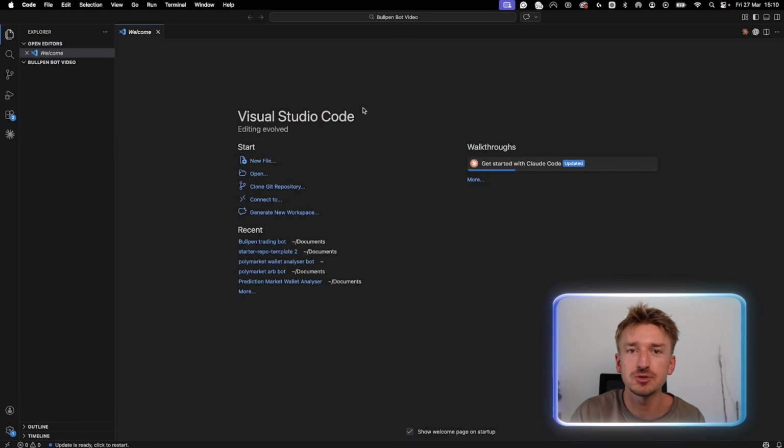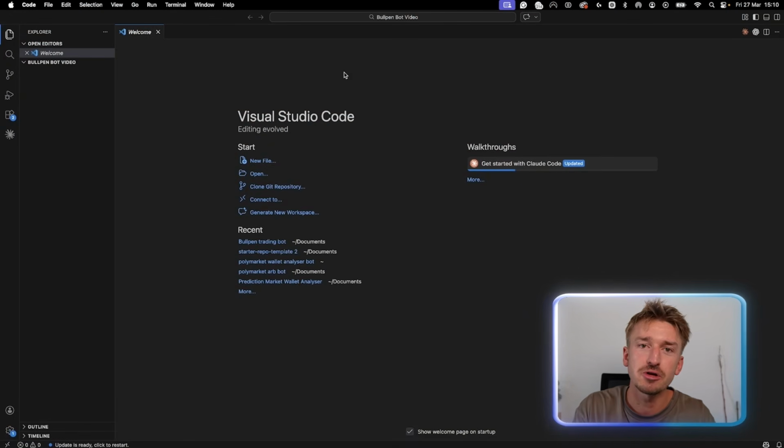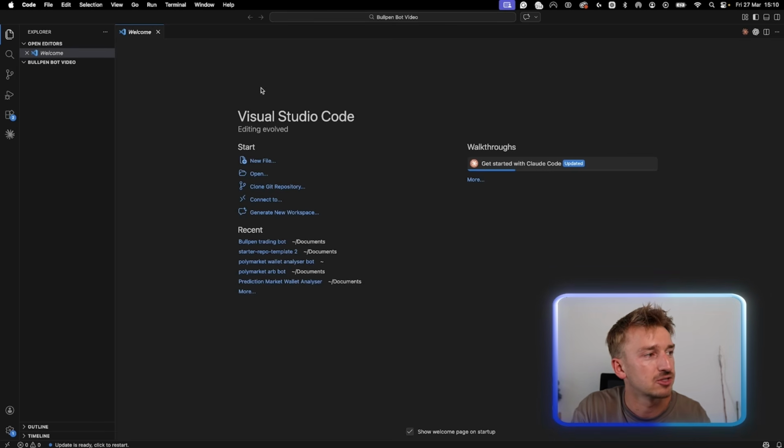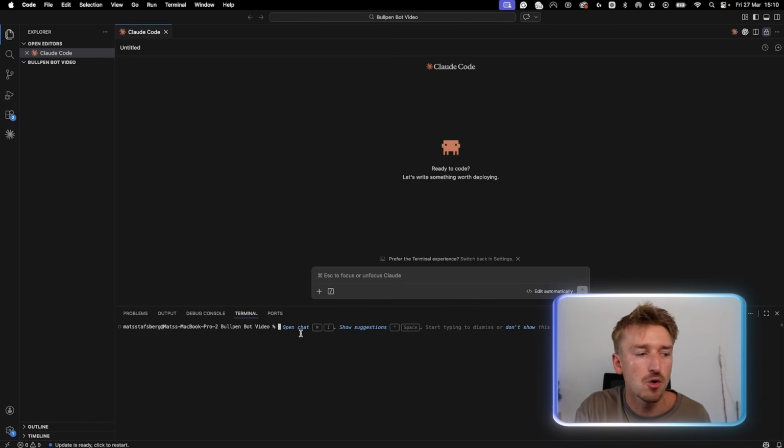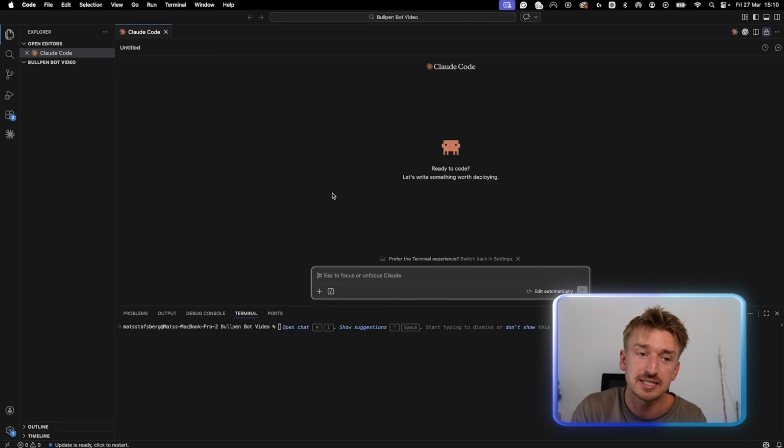But we're basically going to be using Claude Code within Visual Studio Code to set this up. So hopefully you are somewhat familiar with VS Code. This is what it looks like. I just created a new folder called Bullpen Bot Video just as a test. I will then just open up Claude Code right here, and I'll also open up the actual terminal on the bottom half. So this is the layout that we're gonna be using, because basically the trading bot, the Bullpen CLI,